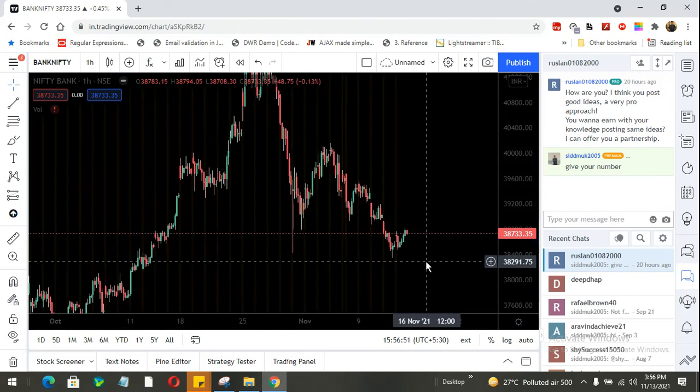This time I have come up with another trading tool, that is candlestick patterns. I want to show you how price action works with the candlestick. I will take an example from the Nifty and Bank Nifty, and how candlesticks work with the Nifty, Bank Nifty, or any stocks. We will discuss those things.